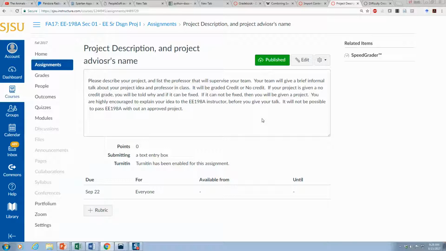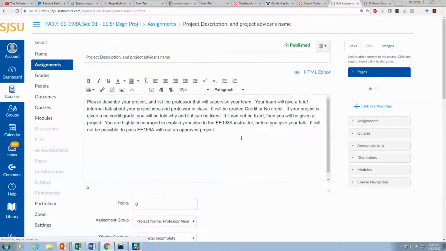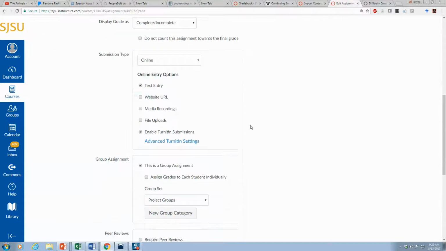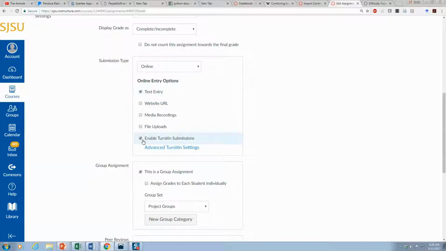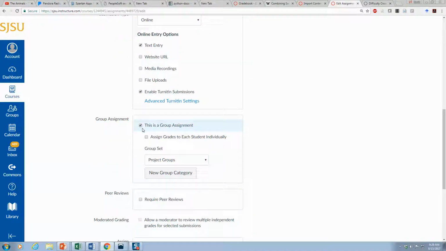All right, there's no rubric to it. You just kind of have to see that they're doing it. And it's just text entry. I always put in Turnitin, and it's a group assignment. So